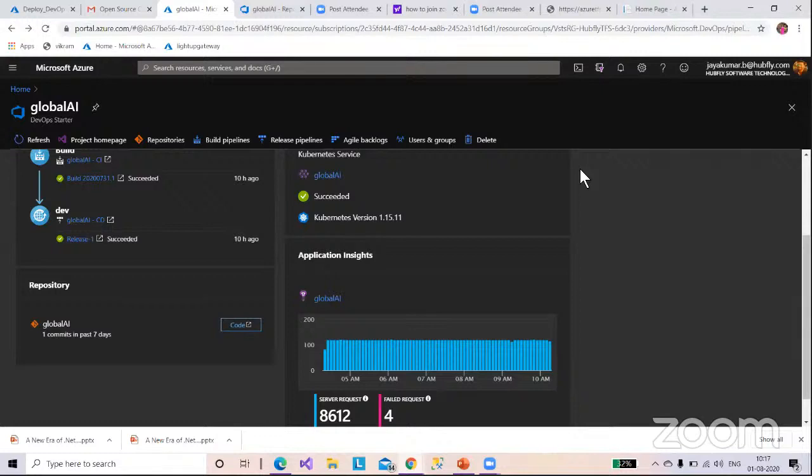Actually, I'm a developer. When I started this DevOps activity, it was somewhat difficult for me to get knowledge of the terms themselves. But when I go through DevOps Starter, I don't need prior knowledge of DevOps. At least we need knowledge about deployment, what deployment activities we do in Azure DevOps. If we have that, that is enough to do this kind of activity. That much knowledge is enough to do basic deployment activity in DevOps. Along with that, if you have some knowledge about Docker, that is also sufficient to start working in Azure DevOps Starter.